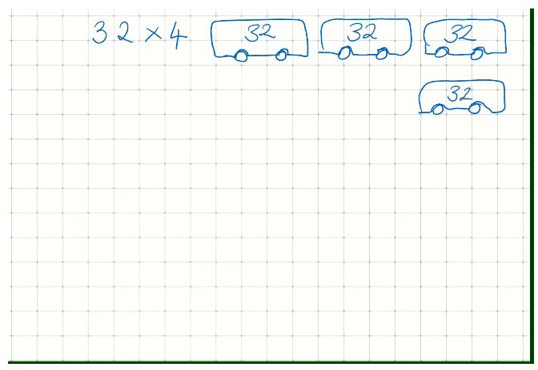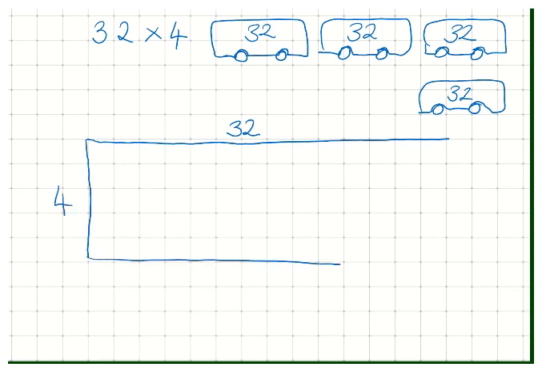So I'm going to imagine that I'm going to do an enormous array. But I don't want to draw on my dots. I'm just going to say I'm going to do 32 dots along there. And I'm going to have 4 rows of those dots. So that would be my array. I don't want to go along and draw 32. I don't need to. It says 32, so I'm just going to stick with the fact that there's 32 along